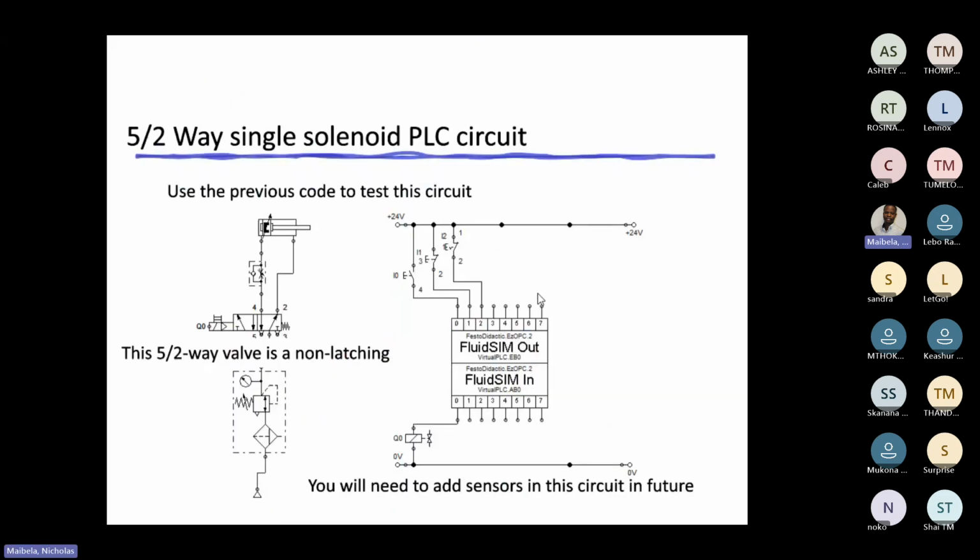Okay, so today we're just going to be building on that. We'll be using a 5-way solenoid valve and connecting it to a double acting cylinder, right? And something that we have to fix is, if you can observe I1 and